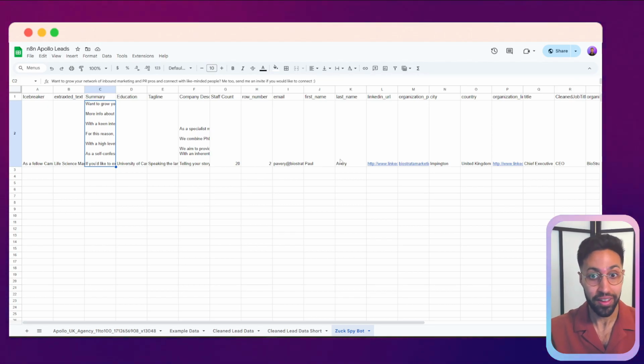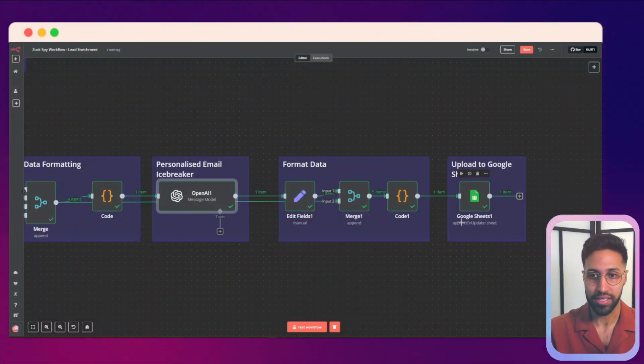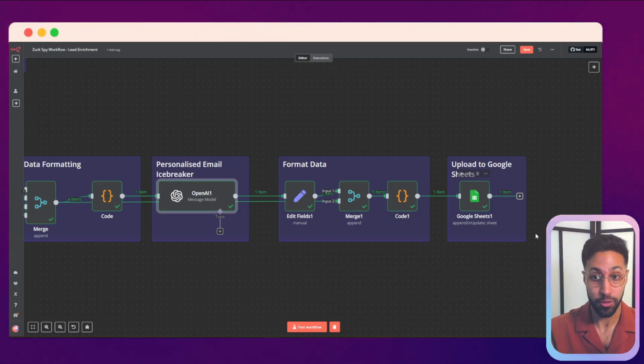Maybe you want to use it for another AI prompt to do something else with it. So lots of options for how you want to use it. And of course, if you're in n8n, instead of uploading this to Google Sheets, you can upload it straight to Instantly, maybe to HubSpot, Salesforce, Airtable. Really, you can do whatever you want with it because you now have the data. So that's the workflow. That's how you can send hyper-personalized outreach at scale by scraping their website,